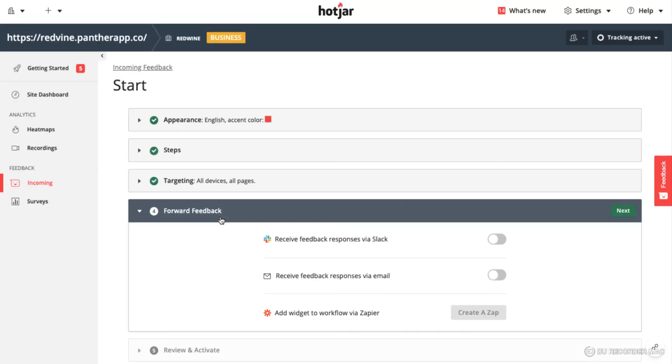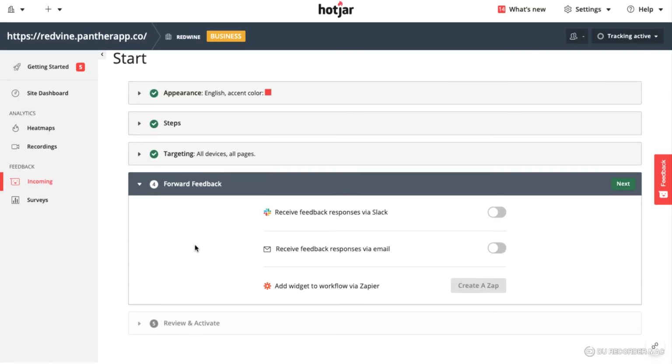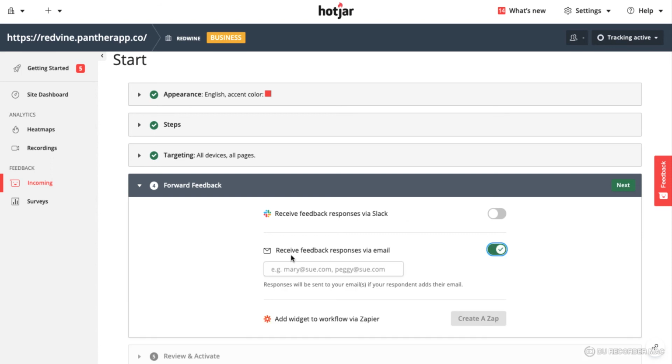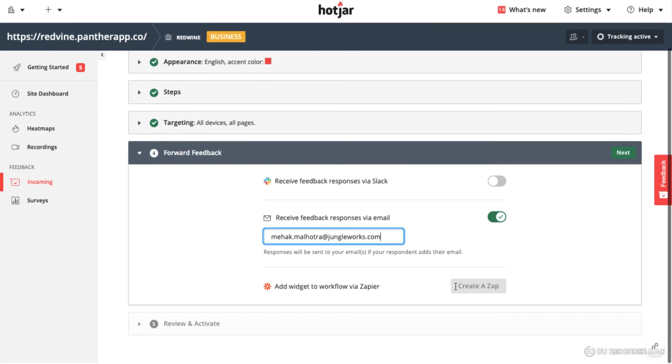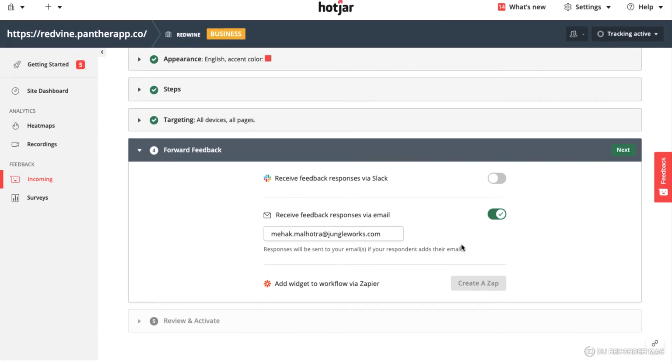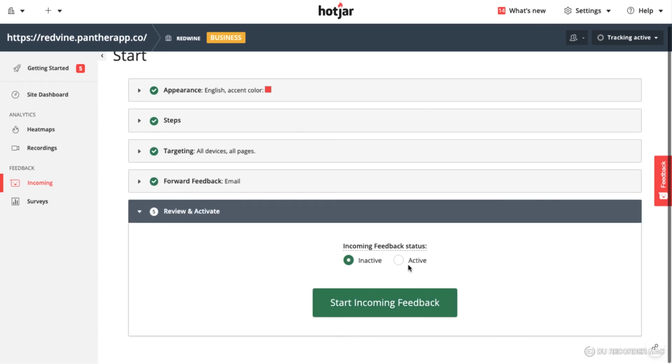Now moving on to forward feedback. This is where you can define by which medium you should be receiving the feedback that is being added by the users, whether through your email. So you just simply put in your email here. And that's pretty much all. Once you add the feedback, you will be receiving it over the email. You can also choose to integrate Slack or Zapier to receive feedback, whichever way is convenient. And the last step is to